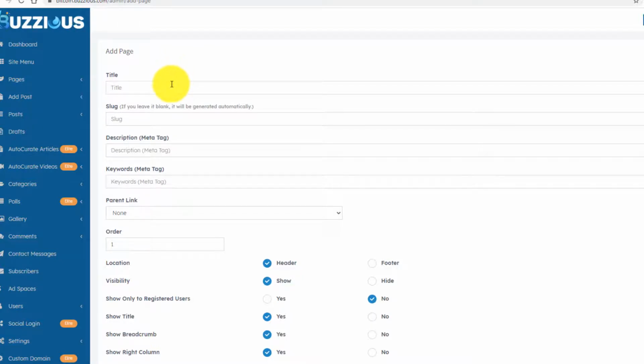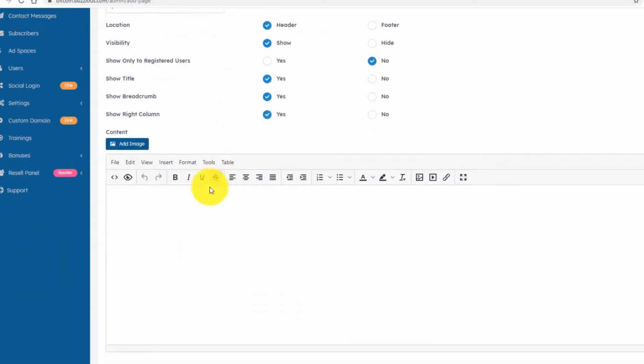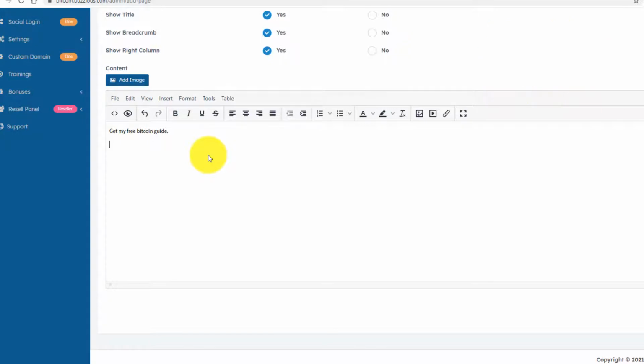You could add a sales page. Okay, so let's add a squeeze page. All right, let's call it free Bitcoin guide. Okay, you can fill out this SEO stuff if you want to, and then we're going to enter some information and then an opt-in form. Okay, so get my free Bitcoin guide. It includes,